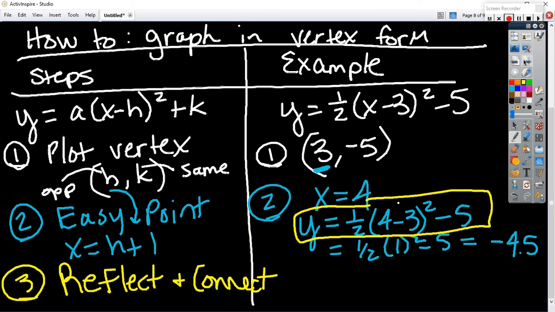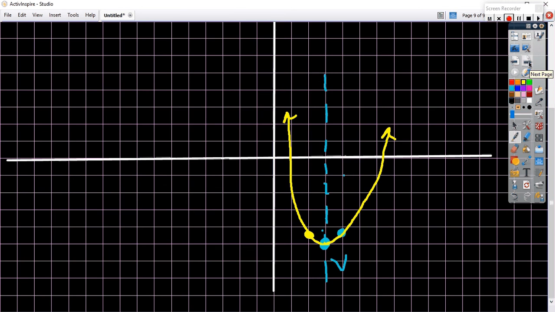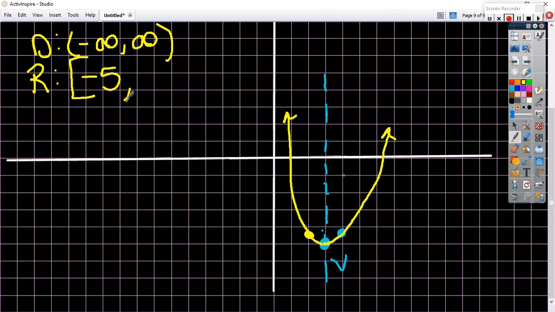All right, here's the graph. Let's do domain and range real quick. What's the domain? Negative infinity to positive infinity. What is the range? Close. What's the lowest point on the graph? What's the lowest it goes down to? -5 with a bracket, and it goes up to,